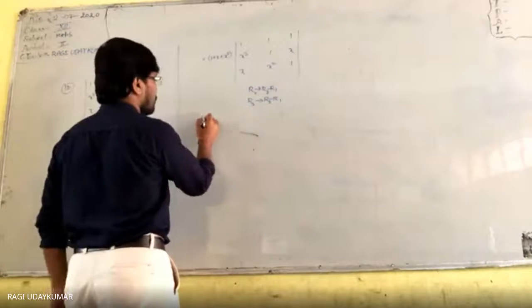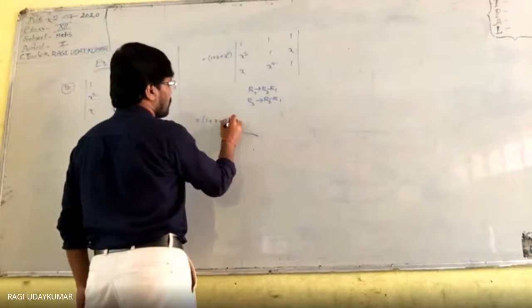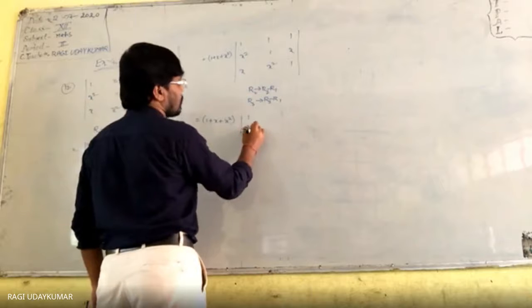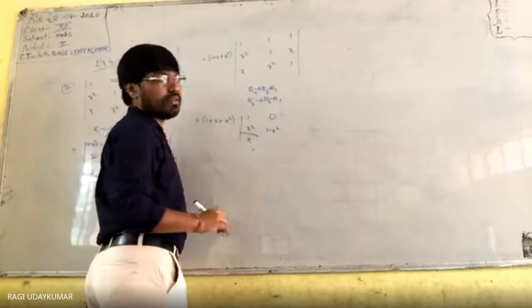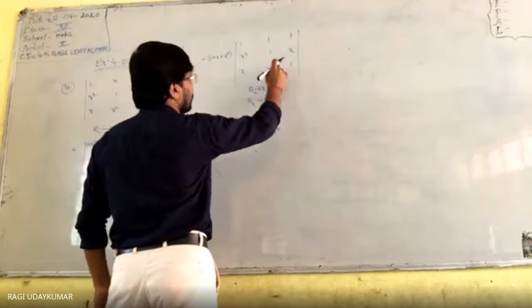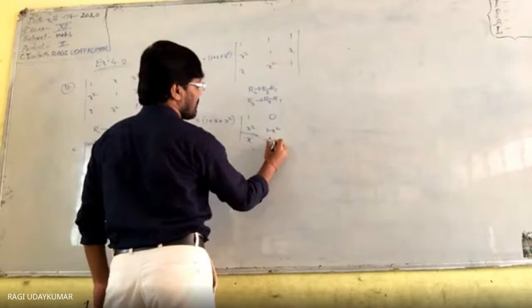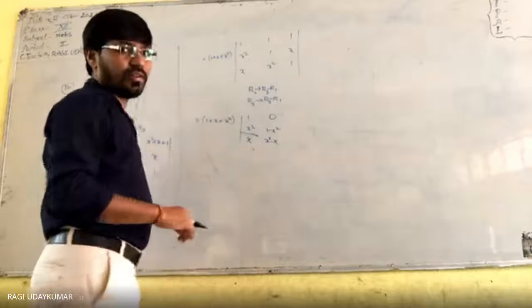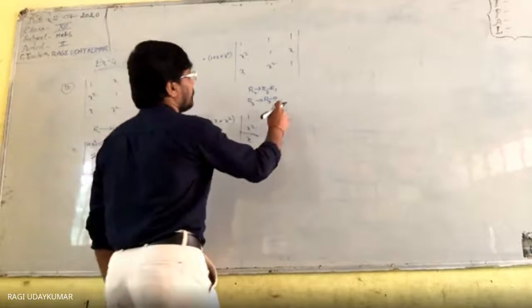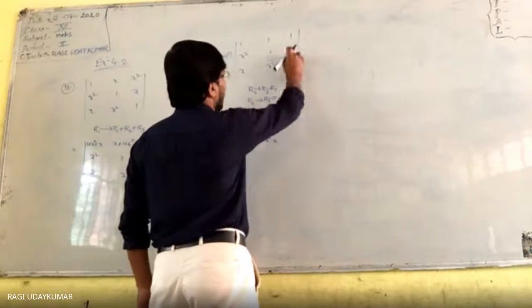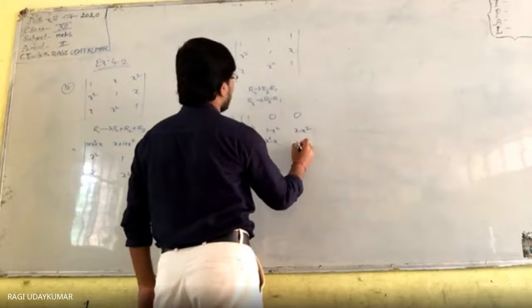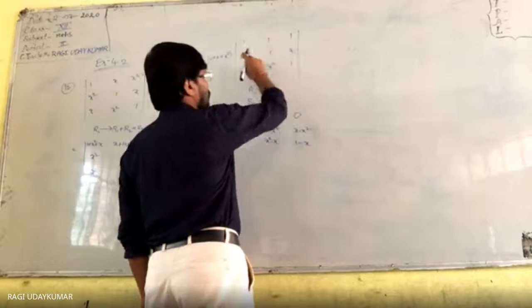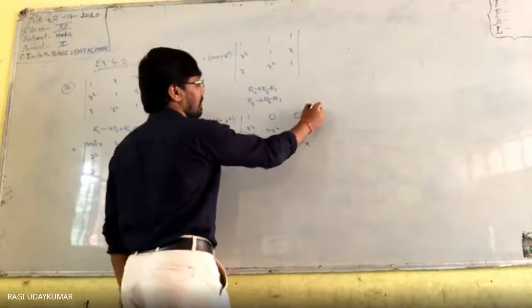Then what do you get here? This is 1 plus x square, 1, x square, x. ये 0, ये 1 minus x square. This is 1 minus x square. This is x square minus x. Okay? Next. This is 0, x minus x square. This is 1 minus x minus x square. R3 tends to R3 minus R1. Okay.